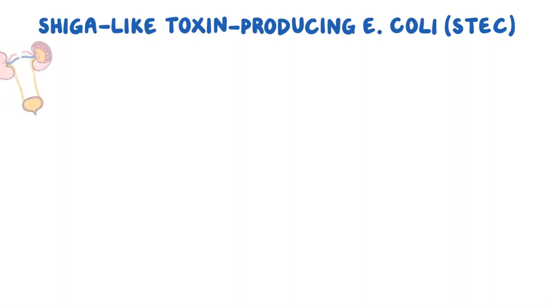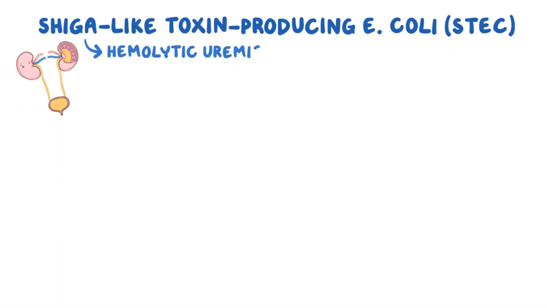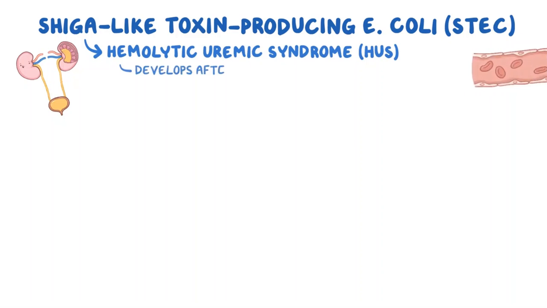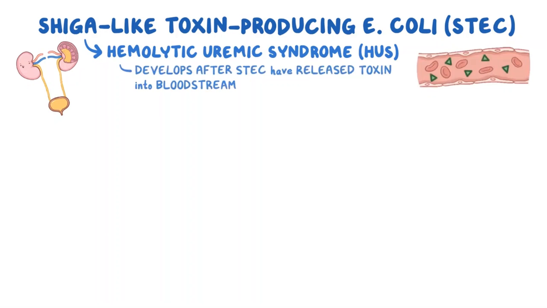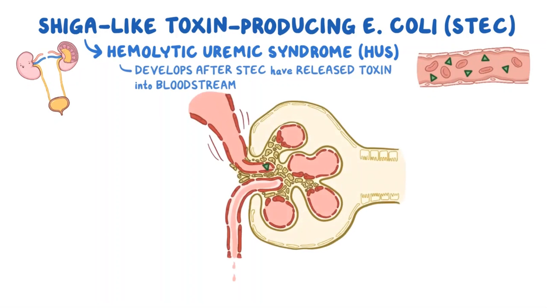But STECs can also affect the urinary tract, causing hemolytic uremic syndrome, or HUS. Hemolytic uremic syndrome usually develops after STEC have released their toxin into the bloodstream. From the bloodstream, the toxin can get into the kidneys and bind to the endothelial cells lining the glomerulus, making them die by apoptosis, or programmed cell death. Consequently, a dead endothelial cell leaves a gap in the capillary wall, and as more gaps keep forming, it results in holes big enough to allow large molecules such as proteins to start leaking out of the capillaries,